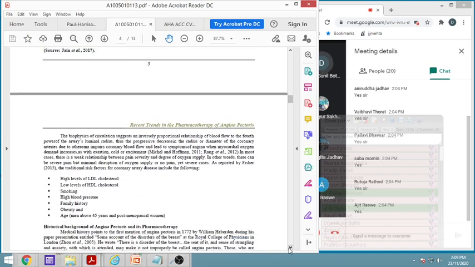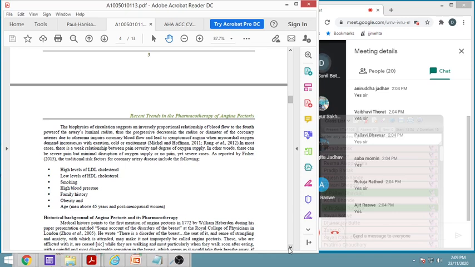Now what are the risk factors which are there? We have seen there are many risk factors like increased LDL, decreased HDL,